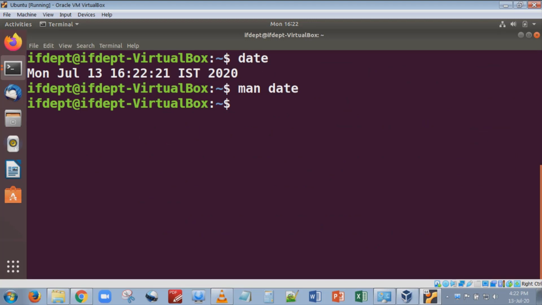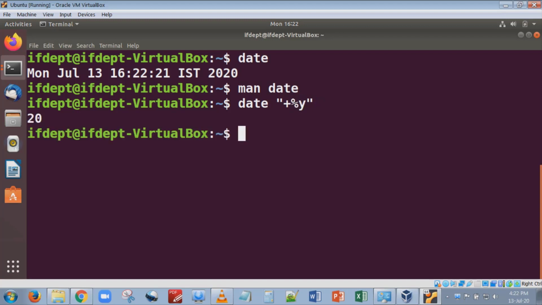Now I will show you how to use the descriptors with the date command. The first descriptor that I am using is %y. This will display the current year, last 2 digits. If I use the descriptor %Y, then it will display the current year, all 4 digits.